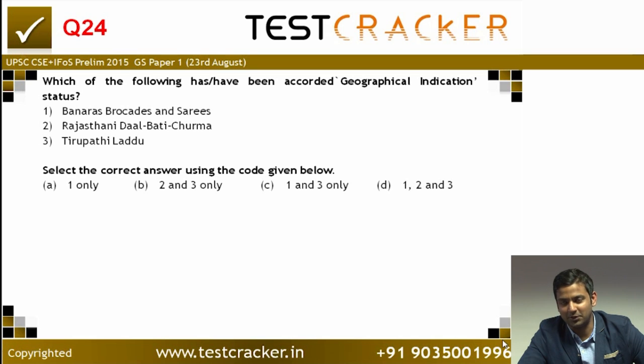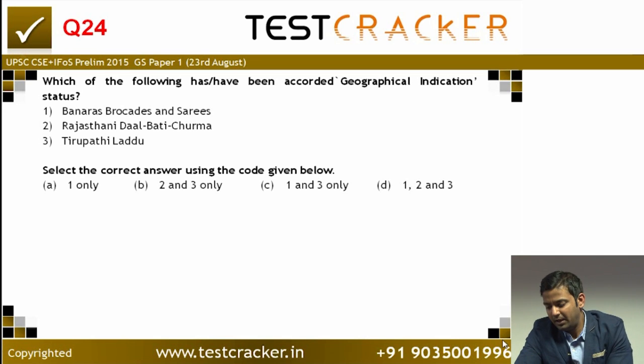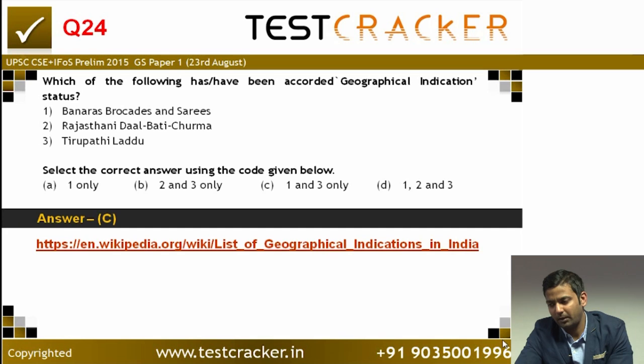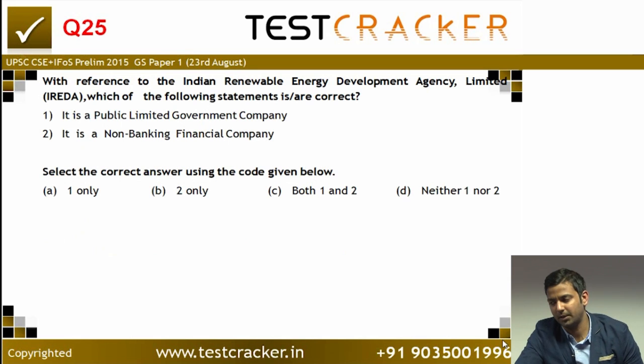You needed to ask yourself, if it had geographical indication, you would have heard this in news, you would have read it somewhere. Now one advantage, and I must tell this, of someone who is reading the newspaper regularly is that that person will always be confident that I have not read this in news. If you are not reading the newspaper regularly, you will not be confident. You would probably think that maybe this was given geographical indication and I had not read about it because I have not been regular with newspapers, right? Here in this case, the answer is 1 and 3 only. Banarsi saris and Tirupati Laddu, they have got geographical indication. Dal bati churma has not.